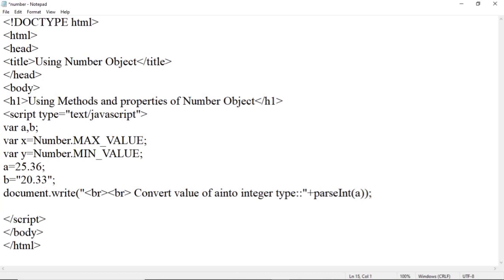Now to convert the value of b, see here b is the variable having value 20.33, but this value is provided in double quotes, so it is a string type of value, because a string is always declared within single quotes or double quotes. So to convert that value to a float type, we can use document.write, then again use a pair of br tags,